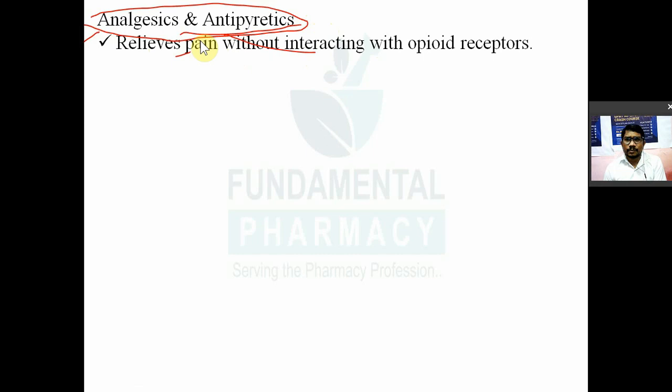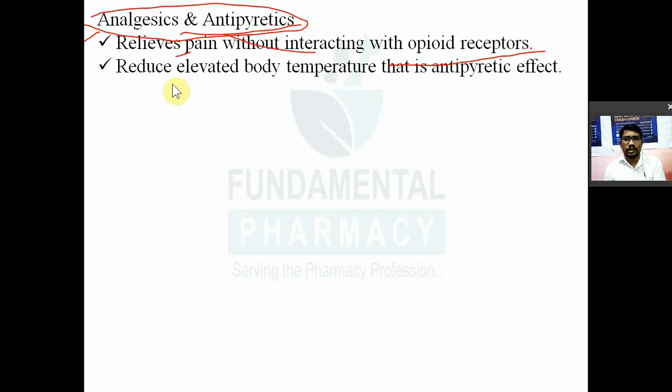These NSAIDs, or simply analgesic antipyretics, relieve the pain without interacting with the opioid receptor. They will also reduce the elevated body temperature, that is, body temperature which is more than normal. That can be decreased by these drugs known as antipyretics. So these analgesic, antipyretic, anti-inflammatory drugs